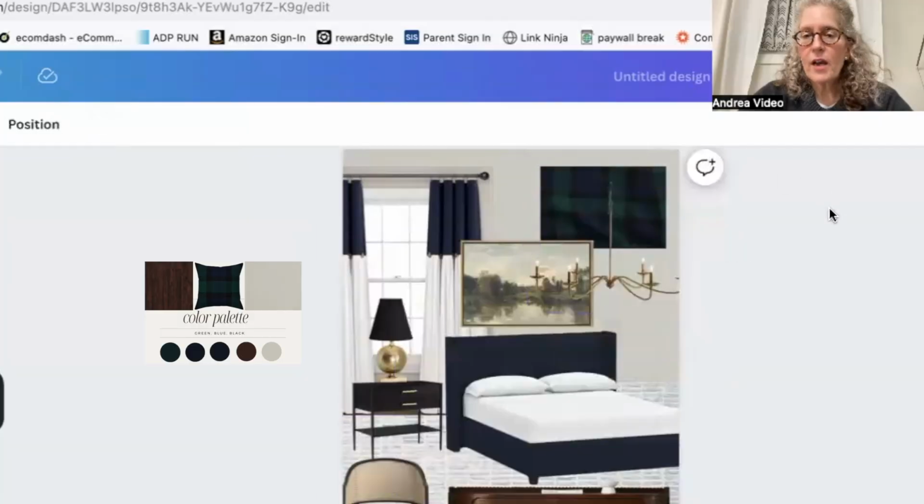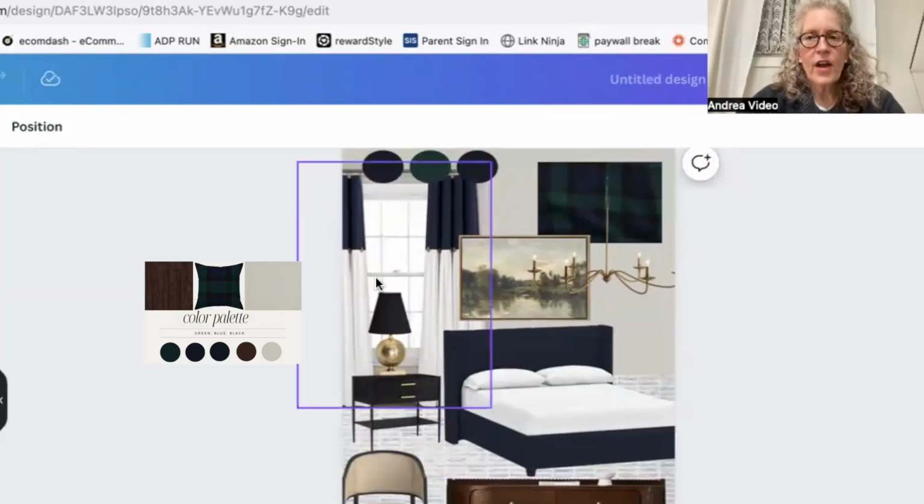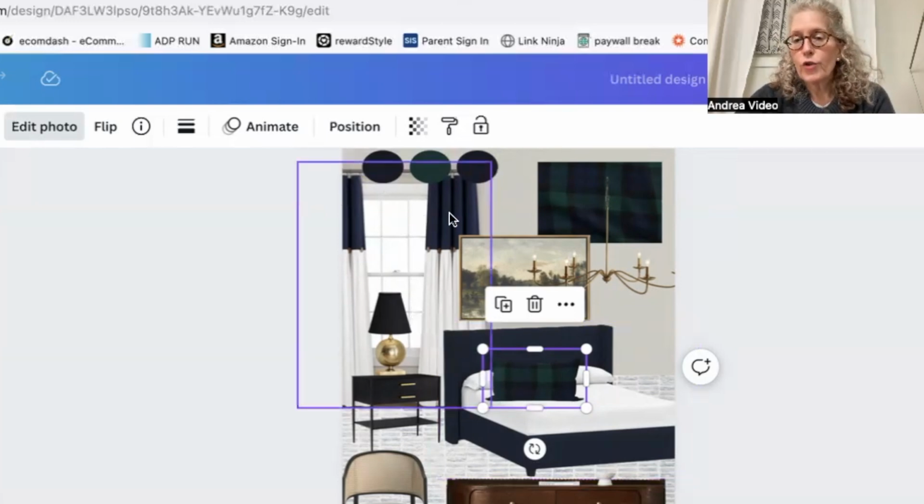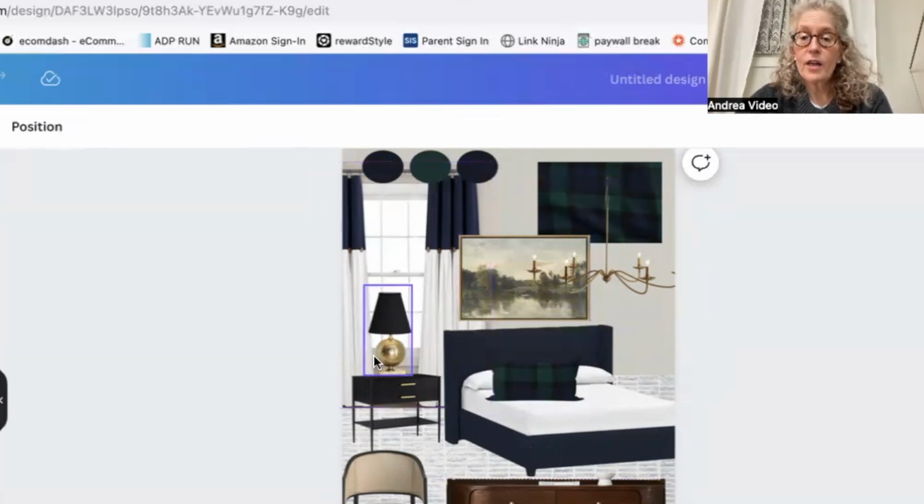I started with my color palette. The important thing about the color palette that makes it look like something a designer did is you want to use the color palette all around your room. And a mood board kind of helps you to see how you do that. I've got blue in the headboard. I've got blue in the pillow. I've got blue in the drapes, green in my fabric. I've got green in the artwork,